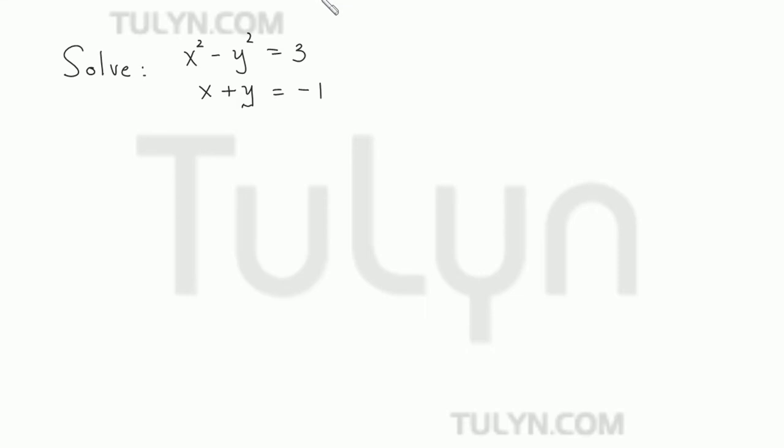So what I want to do to use a substitution method for the lower equation is I want to subtract an x from both sides of the equation. So the second equation now becomes y is equal to minus x minus 1, and the first equation just stays the same. So now since we have this relation, we can substitute this y is equal to minus x minus 1 into